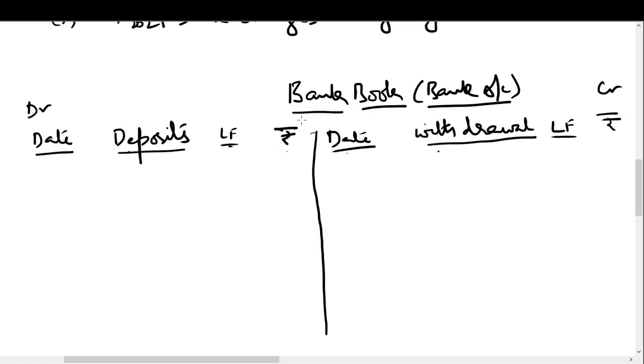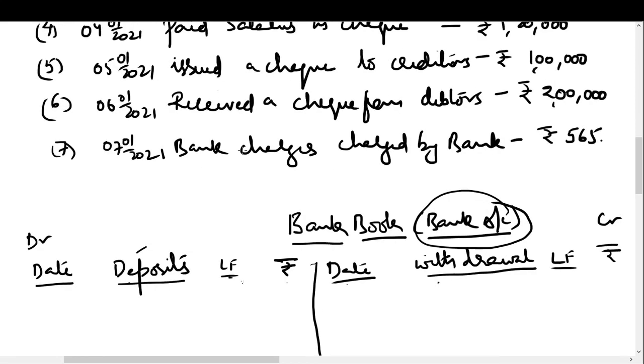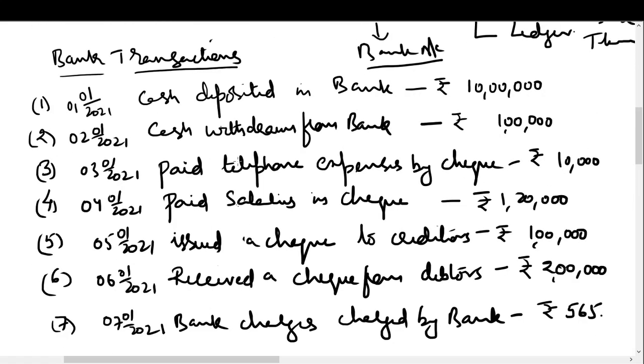So to record a transaction in the bank book, we already have some indications, that is deposits will be recorded on the debit side, withdrawals will be recorded on the credit side, and the corresponding postings will take place in the ledger accounts. We can call this the bank book and also the bank account, because even if you try to prepare a bank account, you'll see that both are copies of each other. So we don't prepare a bank account once again when we prepare a bank book. We are going to deal with only bank transactions in this video. I have already written some bank transactions of a business for you, so we have to see how these transactions are recorded in the bank book.